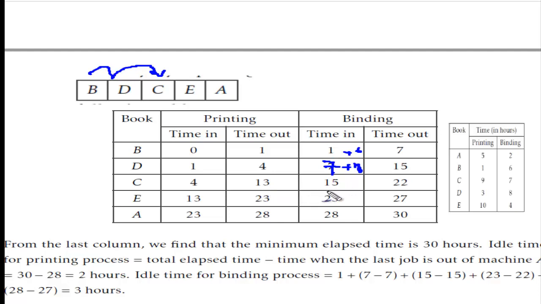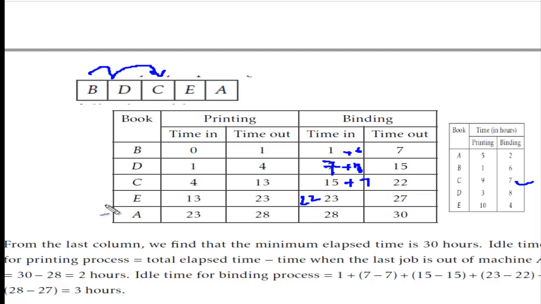I have to now bind it, which is finished at 13 units of time. So let us go for the 15. Start from the 15. So 15 plus whatever C takes for binding, which is 7 units. 15 plus 7, that is going to be 22. Okay, and here if I started at 22, because I am finished at 22, now the binding machine is free at